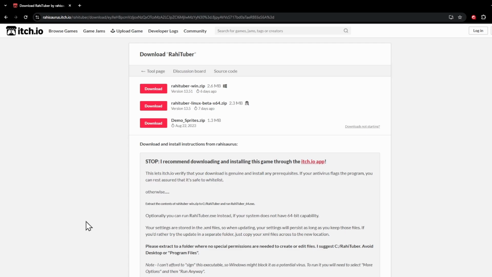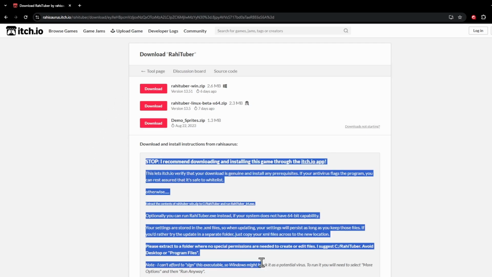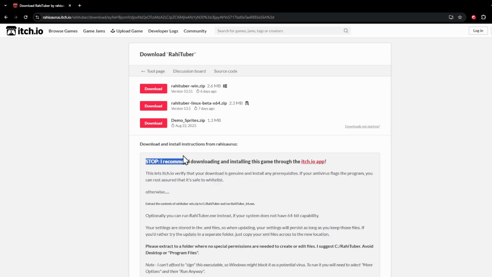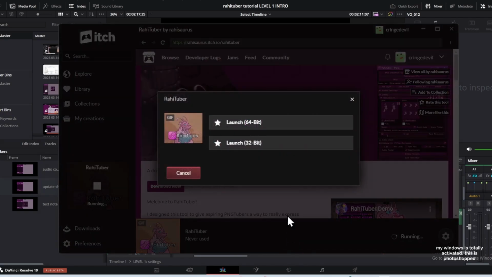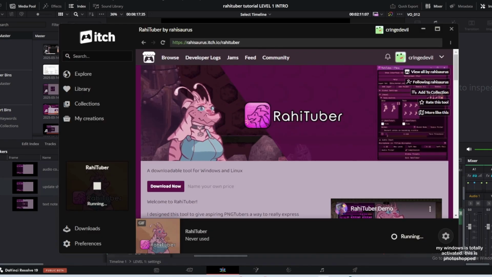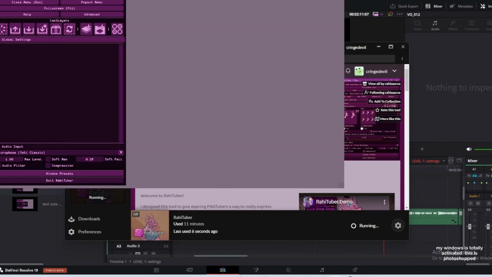RahiSource has provided us some instructions and tips for installation here on this page, and they're very important, so I recommend checking here before you do anything. RahiSource says you can download and install the folder manually from this page, but they recommend that you use the itch.io official app for your install. itch.io makes it very easy and clean, and itch.io can verify the download so you don't get potentially yelled at